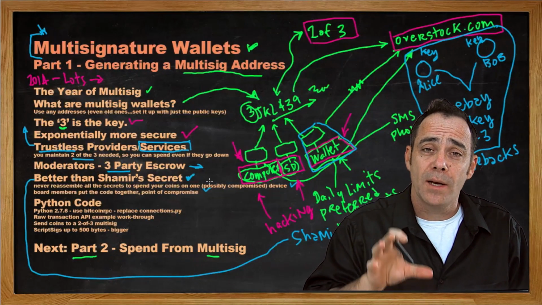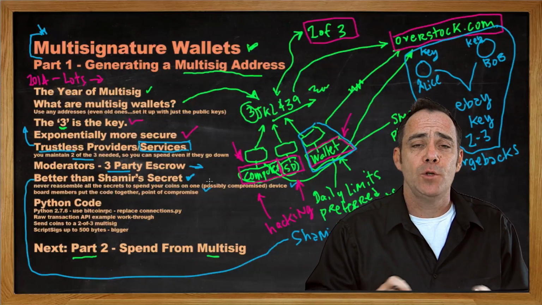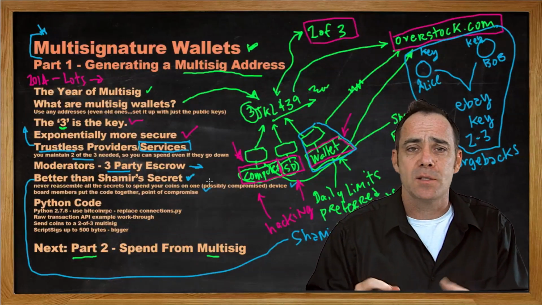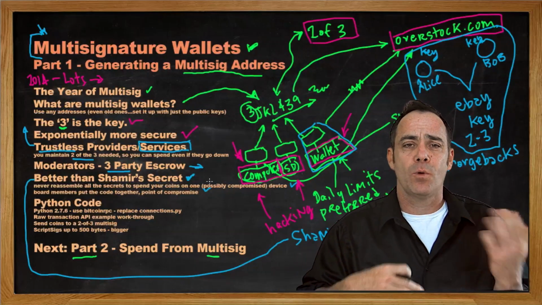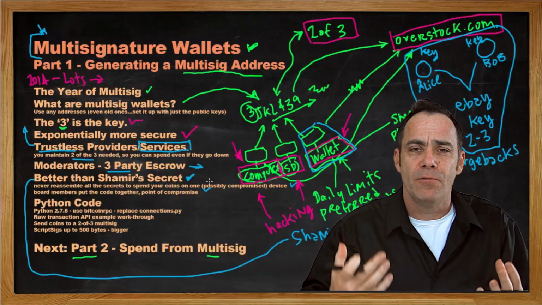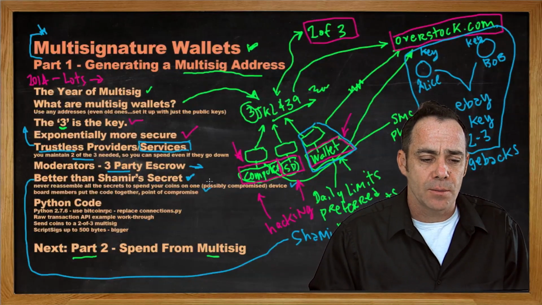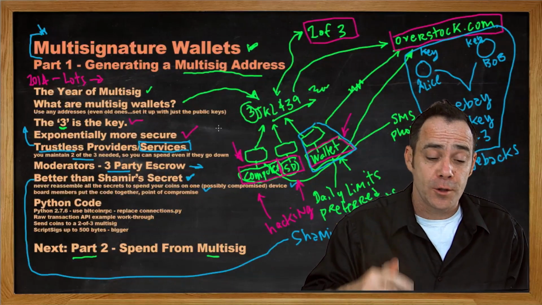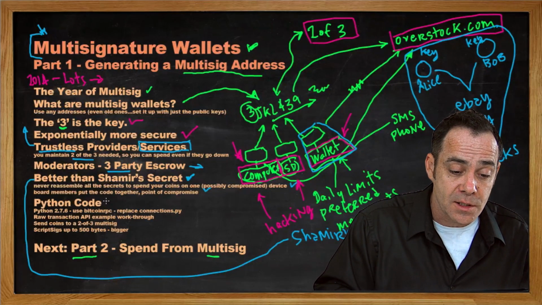So we've spoken about a couple examples where it can be used. There's a million more great ideas for using multi-sigs to protect things, to set up maybe trust in a board-type situation where board members will be able to vote with the money and stuff like that. There's so many ideas that can be incorporated into multi-sig. So with no further ado, let's jump in and take a look at how we can create our own multi-signature